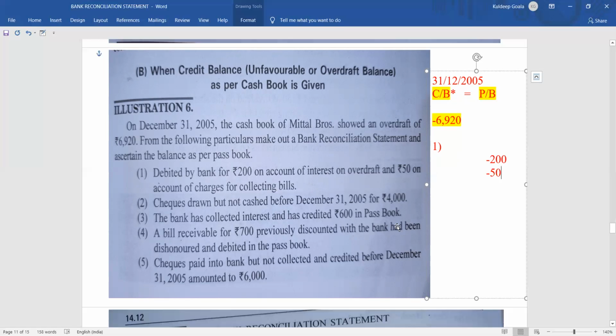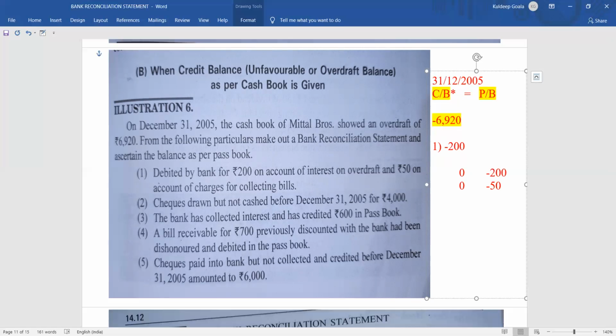Now, is there any information in the cash book? No, there is no information. So the cash book is zero in both cases. We don't know what has happened. So now what to do? Try to understand. What is our base? Cash book. The cash book is showing 0, whereas the passbook is showing minus 200. So how to make the first situation the same? We have to simply put minus 200 in the cash book.